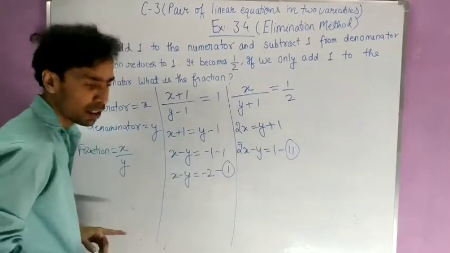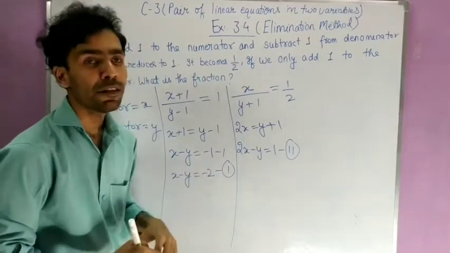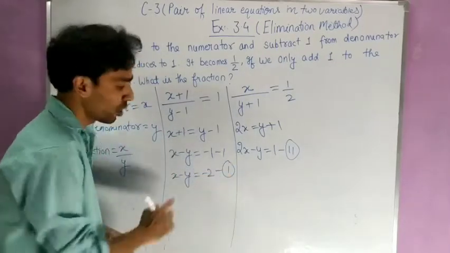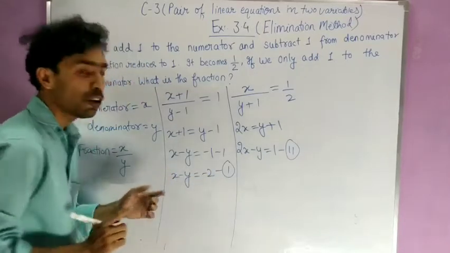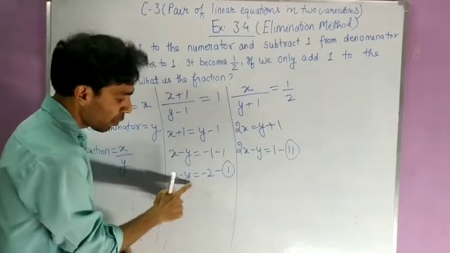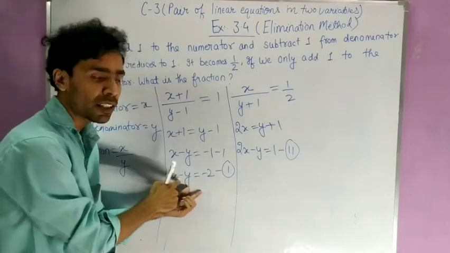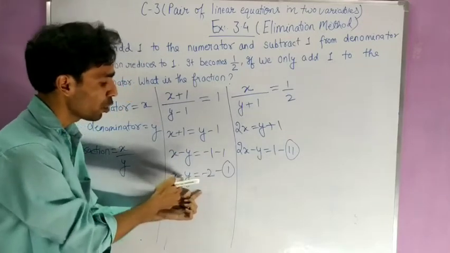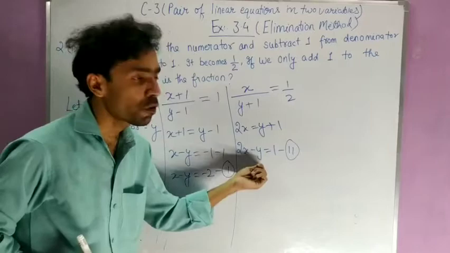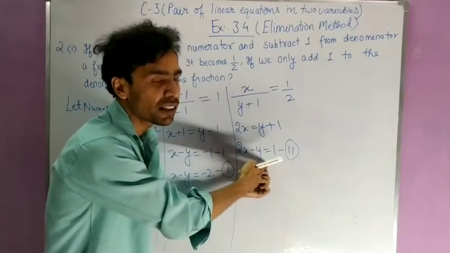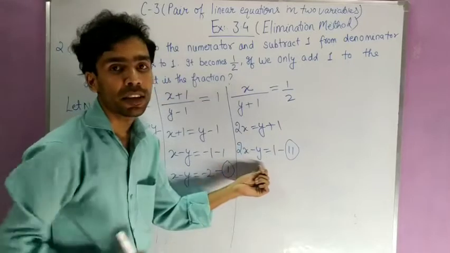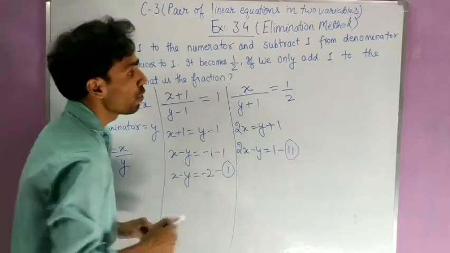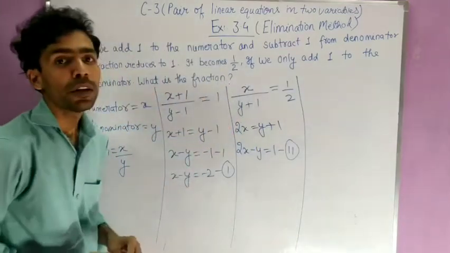This is our equation number 1. Here, first you have to see which variable you want to eliminate. Okay, see, here is x and here is 2x, so their coefficients are not the same. So leave it. Now check y. See, here only y is written. Just forget the sign. Just see which number is associated with y, that is 1, because y is written, so in front of y, 1 will be there. Similarly, in this equation, only y is written, so again we can say in front of y, 1 is there. So we can see that in these two equations both have the same coefficient, so we don't need to multiply any number to both the equations.